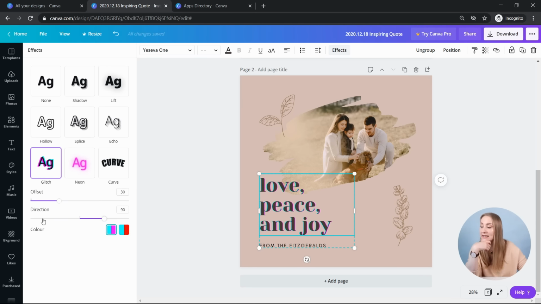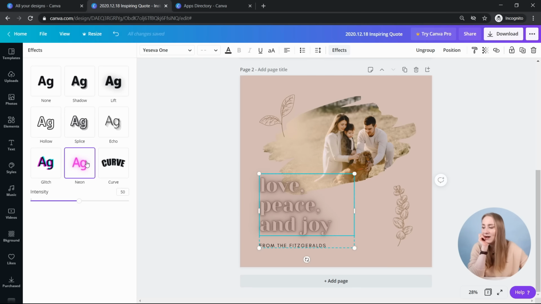You can also choose glitch, which is more of a cool kind of 3D effect that we see. It was very popular at the beginning of the year, I feel, or even a bit further in graphic design. You can choose the colors, so a bit more kind of older style, kind of blue and red, or a blue and a pink one. And again, more offset, which will give you a bit more of that kind of 3D dimension. It reminds me of those little cool cards or things like that we had back in the 90s.